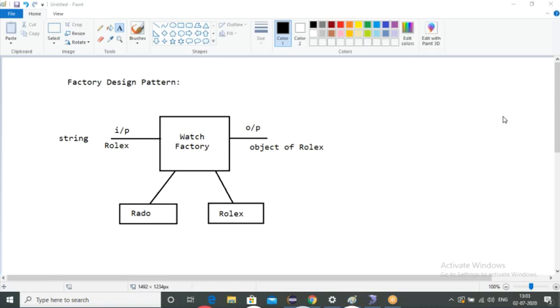Just take down the heading, guys: Factory design pattern. Okay, write down.